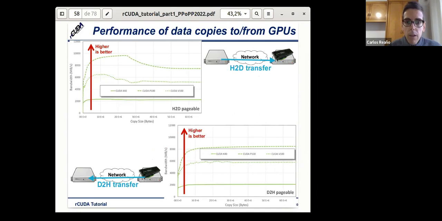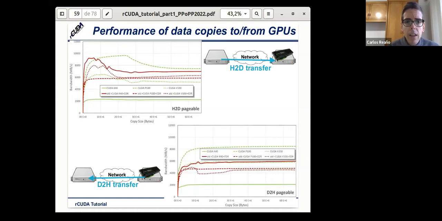First of all, we have run this experiment with CUDA and different GPUs: a K40 GPU, a P100, and a V100. We are showing here the results for memory copies from host memory to GPU memory at the top left of the slide, and we can also see the other direction, from GPU memory to host memory, at the top right of the slide.